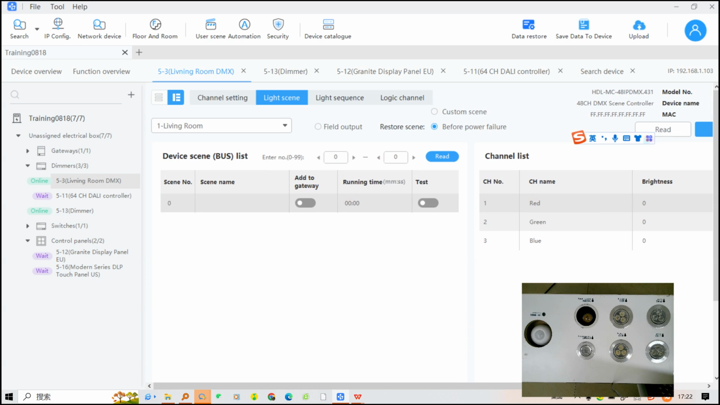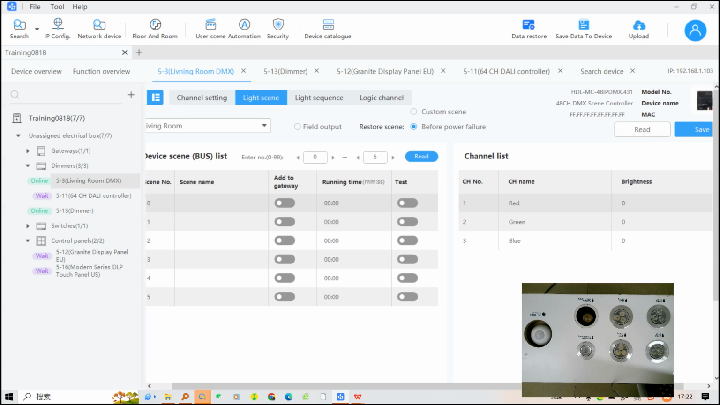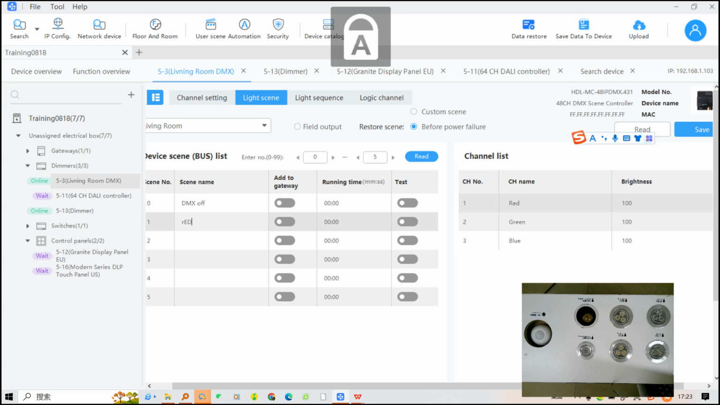For example, if I want 5 scenes, click read. Okay, now I can create 5 scenes. For scene number 0, it is always off by default. I can now change it, DMX off. And for example, if I want scene number 1 to be red,